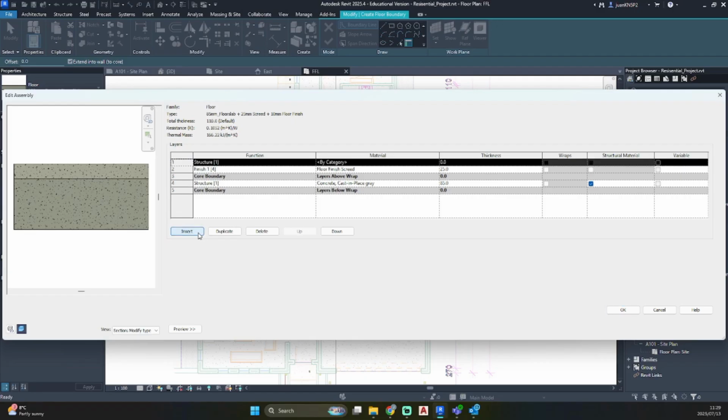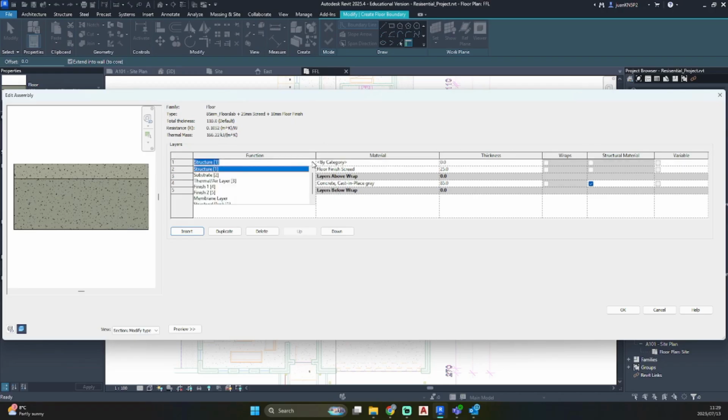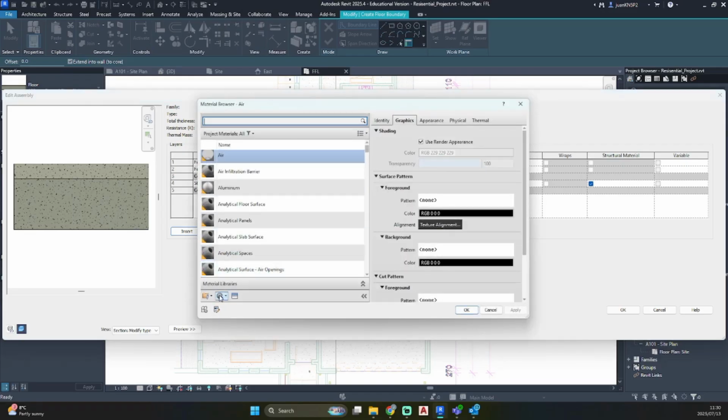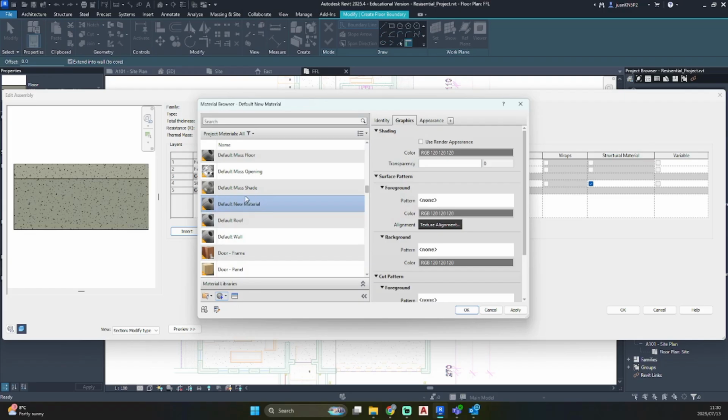So let's go insert and you'll see a new line being opened up. So this is the function of the top layer is finish. Let's go material. Let's click on our material button, click on the drop down, create new material, and you'll see default new material being shown.